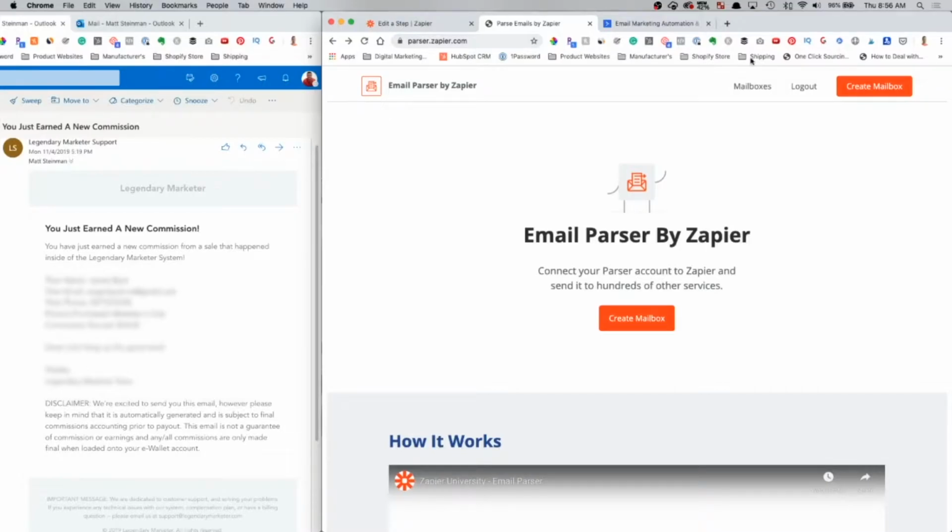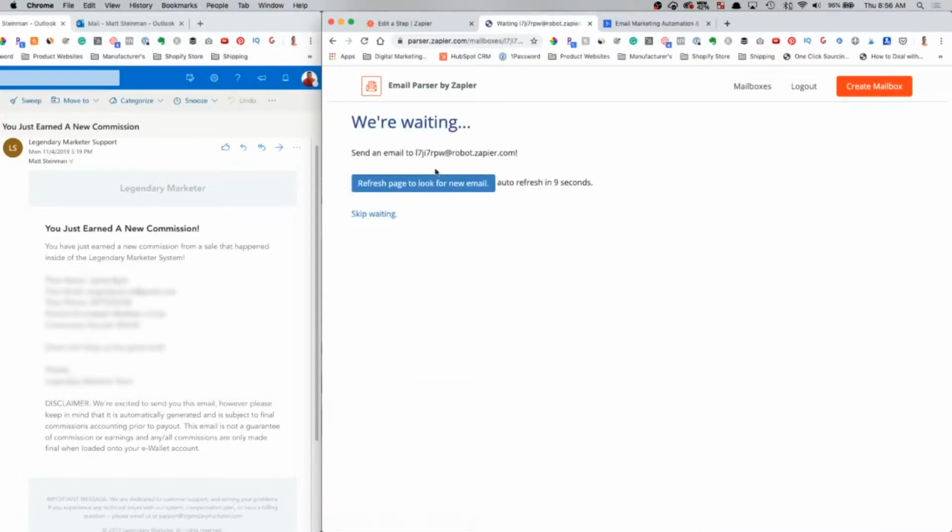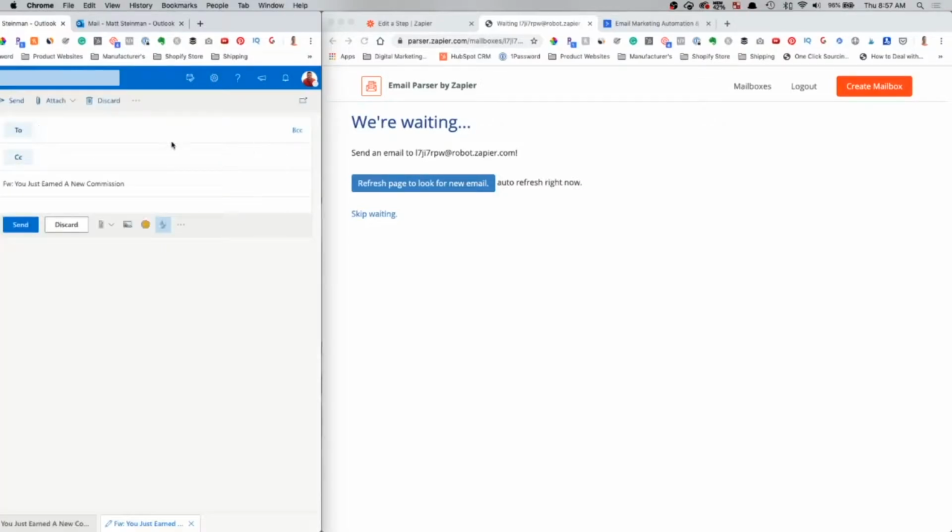So what you need to do is create a mailbox. So we're going to hit the create mailbox button there. You can see it's going to give you an email right here. We're going to copy this email, and we're going to come over to our email program. We are going to forward one of the Legendary Marketer support emails. And hopefully you've already earned a commission, so you've received one of these emails. Hopefully you didn't delete it. So I'm going to forward that to the email